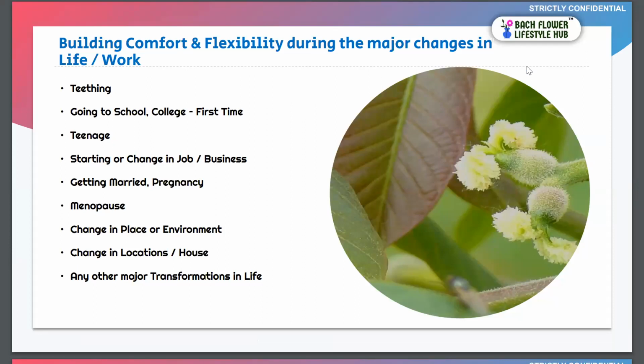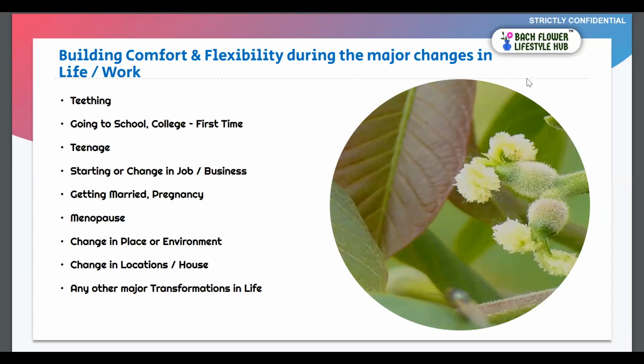A very important aspect of our life is change. When we live our life, we cannot stay in one particular situation or one particular time frame. Our life is definitely going to change, and we cannot stop that change. Change usually brings uncertainty. We don't know what will happen tomorrow. We don't even know what will happen after 5 minutes.